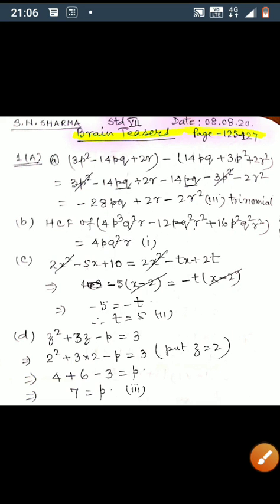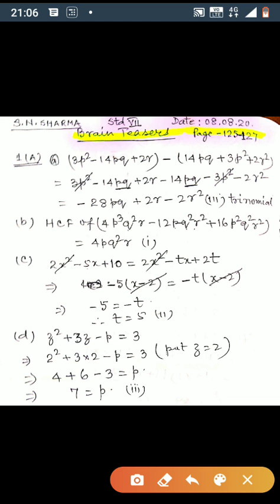Morning students. Today I will discuss brain teasers, page 125 to 127. The first five questions are MCQ. Question 1a,